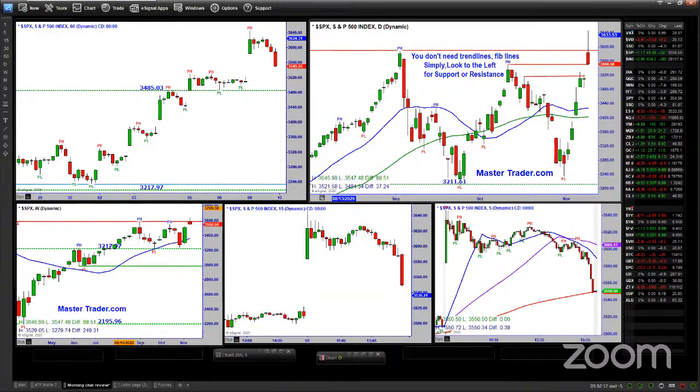So now we've got this big, and I'm starting with the S&P cash here. We'll look at the futures. But this is what the world is pretty much looking at, what they measure the markets and what's going on by, if they're looking at charts. And we got this gigantic topping tail. Not only is it a topping tail, it's a range expansion bar, which increases its potency as a topping tail